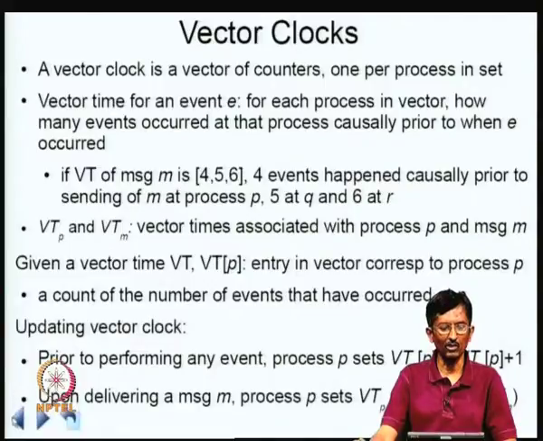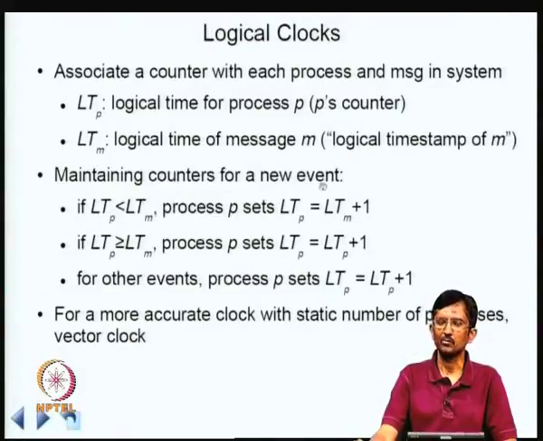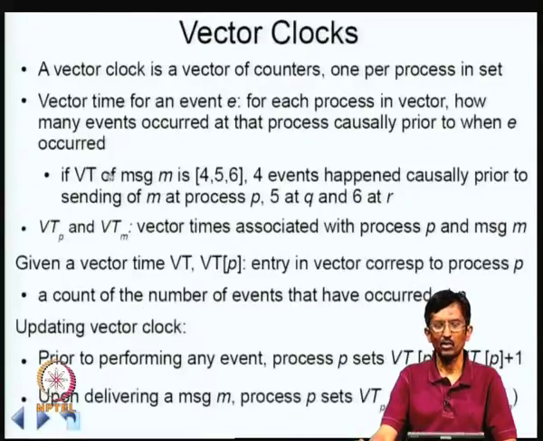But if you look at the logical clock, it all gets put into one counter. Okay, so you don't have that discrimination. So, I can make finer distinctions with a vector clock than I can with a logical clock. For example, I can know that the number of events causally preceding some event at my place has not changed, whereas in a logical clock it will be a different number because of other events, and I can't figure it out, whereas here I can figure it out. Okay.